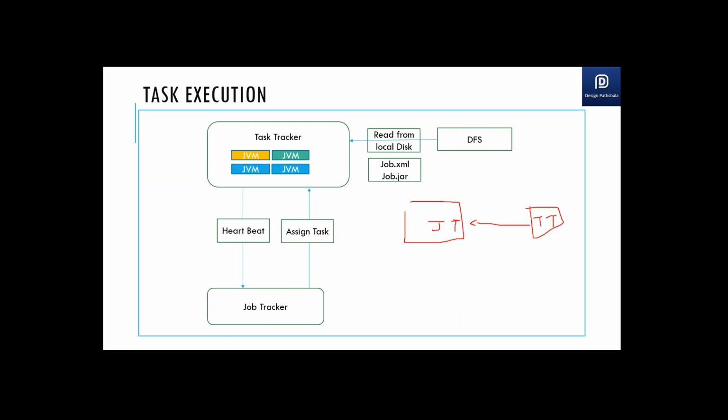Okay. So the task tracker is running a separate JVM on the data node. The job tracker is running a separate JVM on the name node or wherever it's running. But when you have to process your data, a separate JVM instance is initiated for that particular block, and that block is processed in that particular JVM only. So if there are four processes running on a data node, say data node X, there are 4 JVM instances really running on this data node, including the one of the task tracker. So total 5.